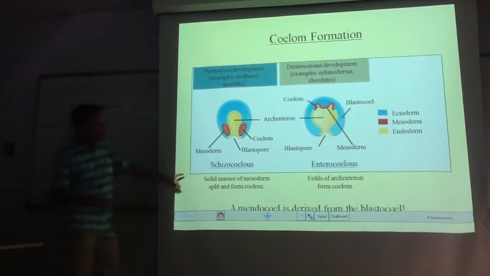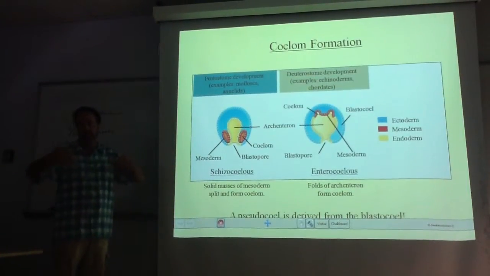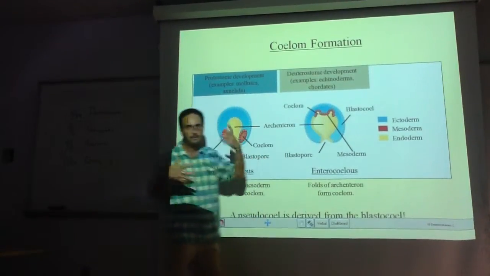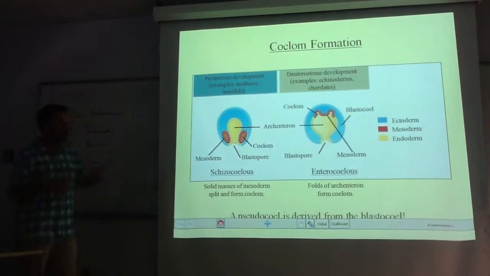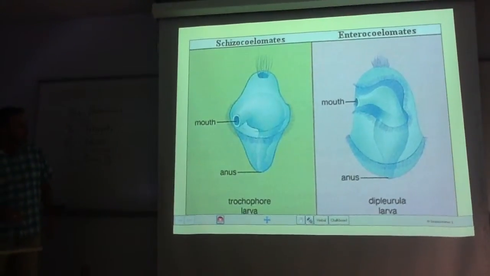So this is just to remind you on the coelom. This is the type of true coelom that develops in something like an annelid or a mollusk. This is the type of coelom that you'd see developing in a starfish. So from outpocketings of the archenteron, you're going to actually see that in some slides that we'll have next week.